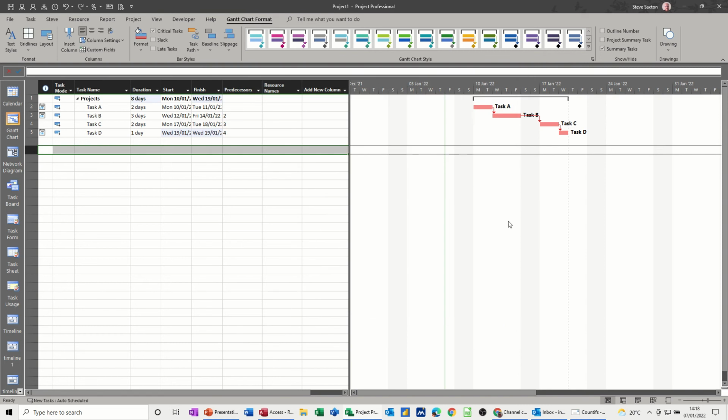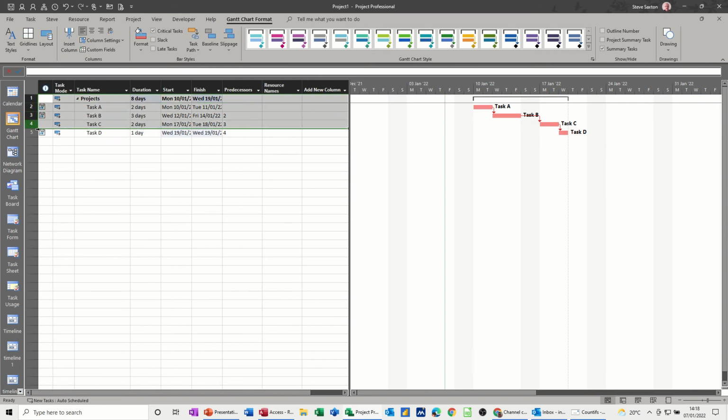The other way you can set a critical path, or it automatically does it, to be honest, it's nothing to do with what you do, is by adding lag time. So if I copy these, all 4 of these actually, copy all 4 of these, copy and just paste them below,